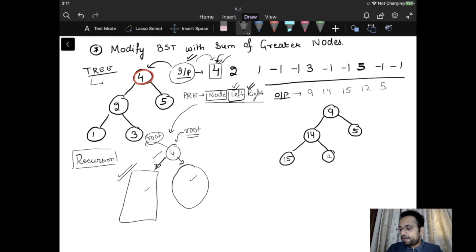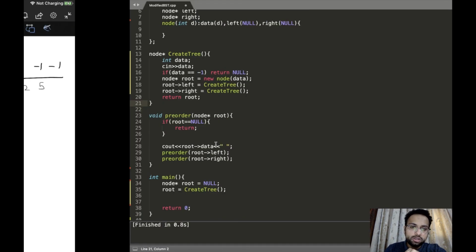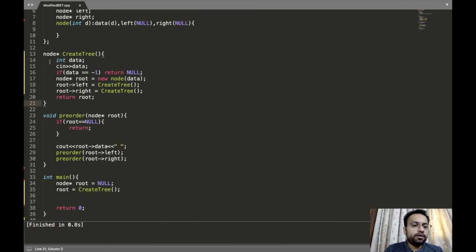I have written the code of creating the tree using pre-order beforehand, so let us just go through the code. See, what we are doing is, first of all we take the input of the node. This node is going to become the root node.